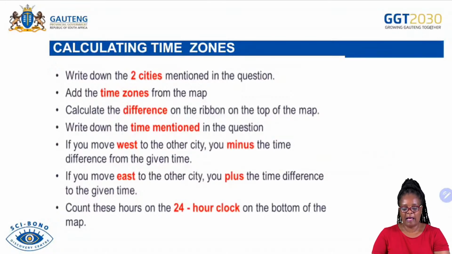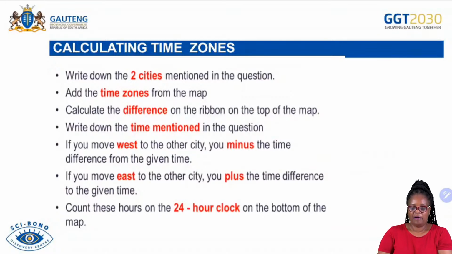Then write down the time mentioned in the question. Always analyze your scenarios. Analyze the question, have a highlighter, have a different color pen, wherever you'll be analyzing, highlighting the most important facts that you're supposed to answer. Write down the time mentioned in the question. You'll always be given a time. Then you need to determine the direction. How are you going to determine the direction? If you move west to the other city,